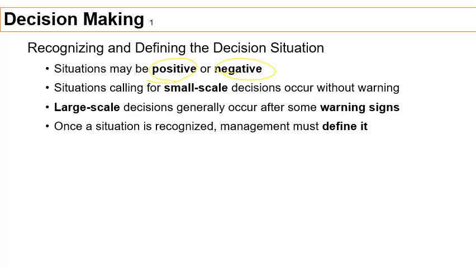You might have to scale down on the flights, right? So the decision situation needs to be defined by management as to, what does the coronavirus mean for Delta, right? So they need to have a clear idea of, for example, are we talking about making operational cutbacks? Are we talking about maybe laying off people? Or if not laying off people, what kind of things can we do within the organizations to mitigate the impact,